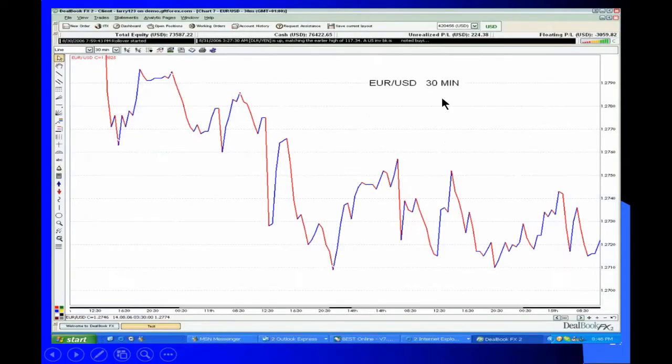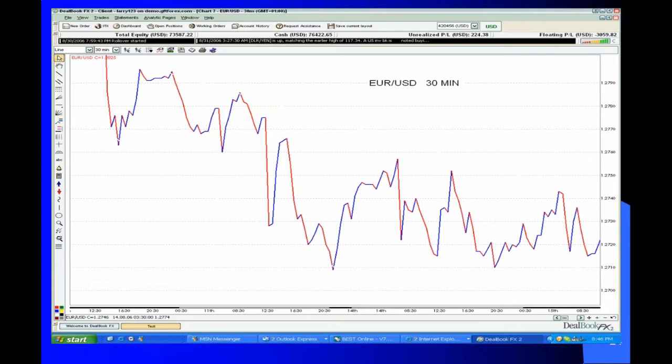All right, we talked about these numbers. Now let's look at how this really works in real life. This is the euro over the past 10 days. It's a 30-minute chart, and all I did was turn it into a line chart just to make it easier to see. There are some patterns in here that you don't quite see until you get practice looking at them. But what I want to do is show you on the next slide